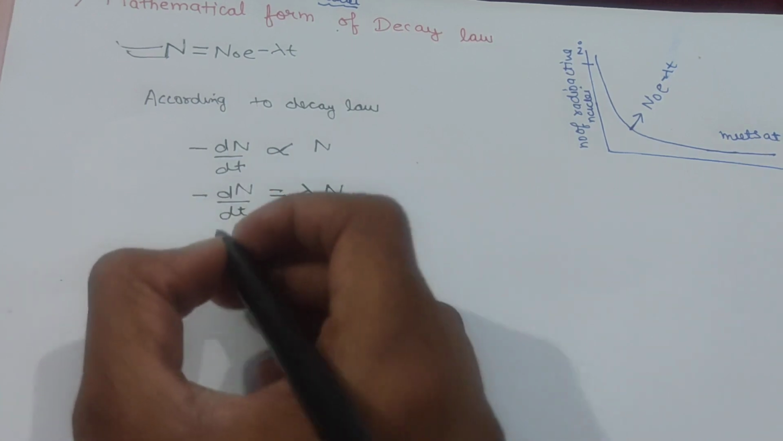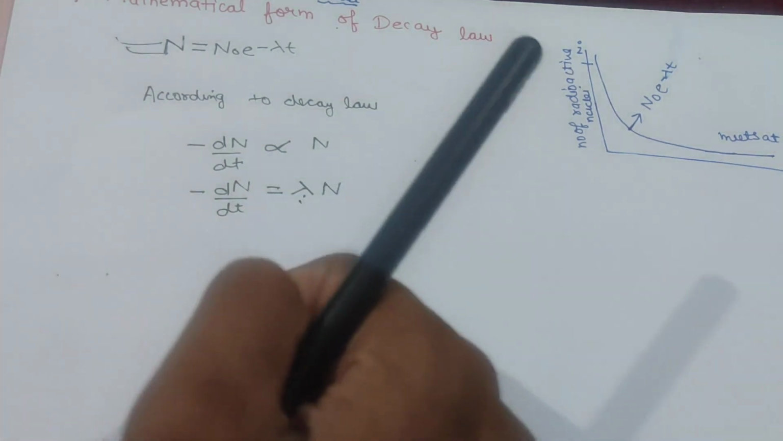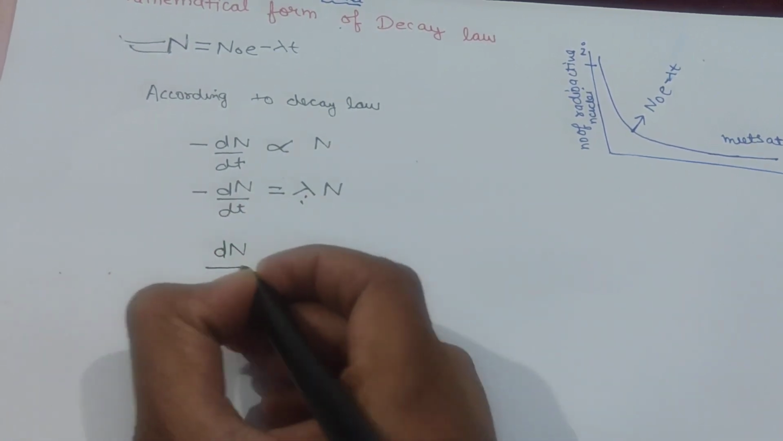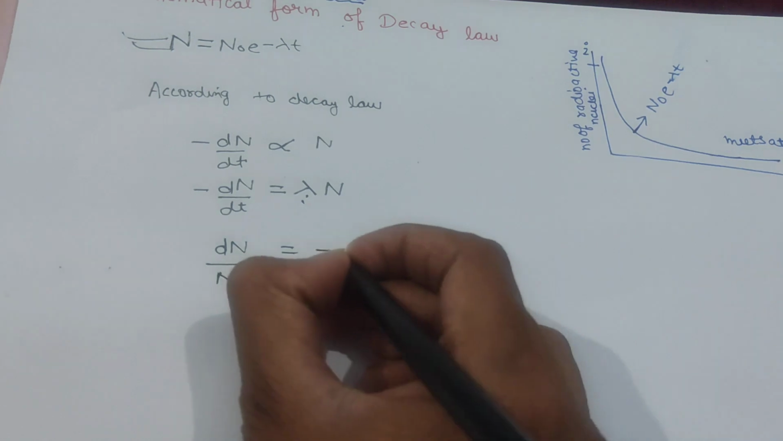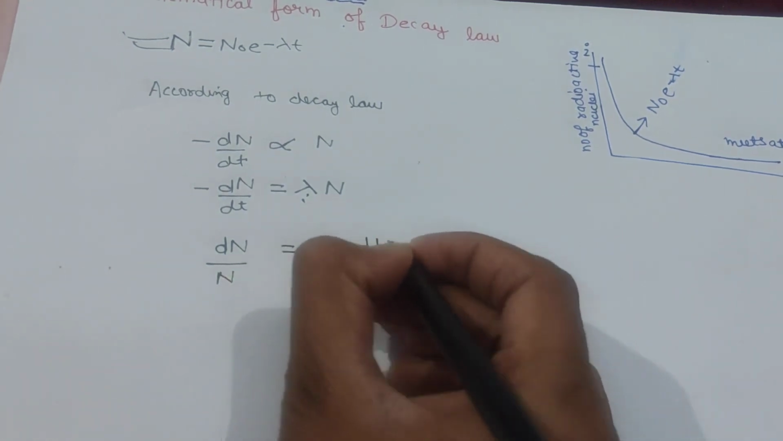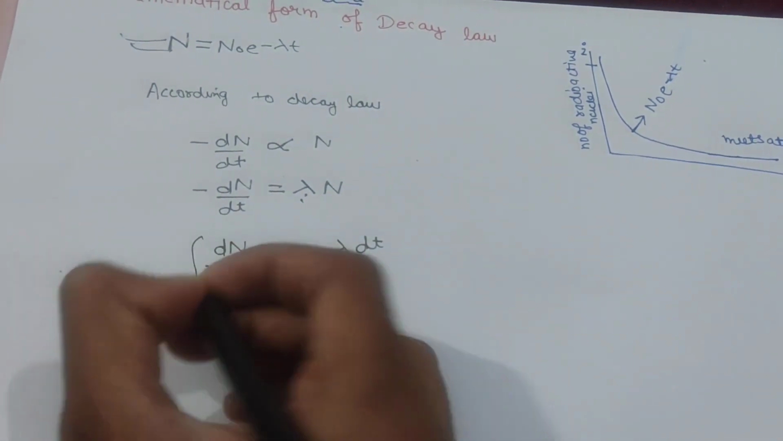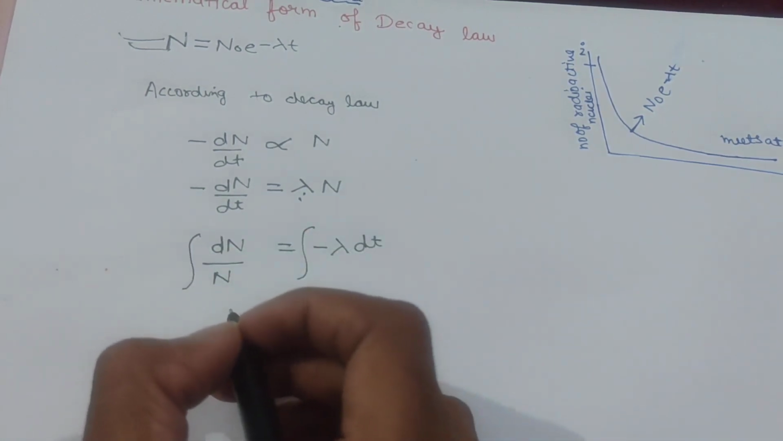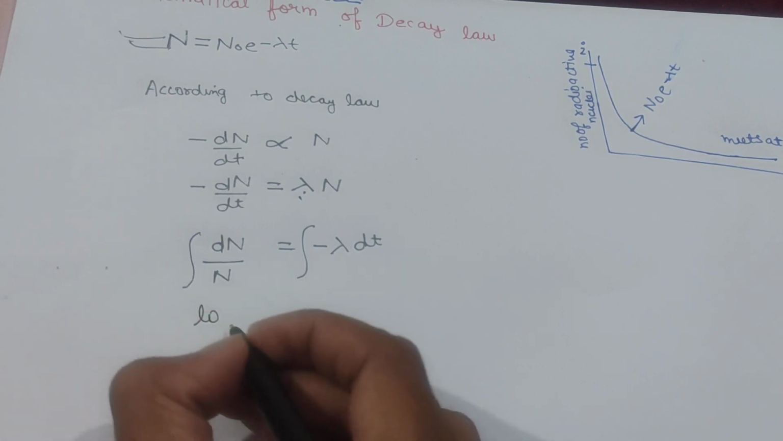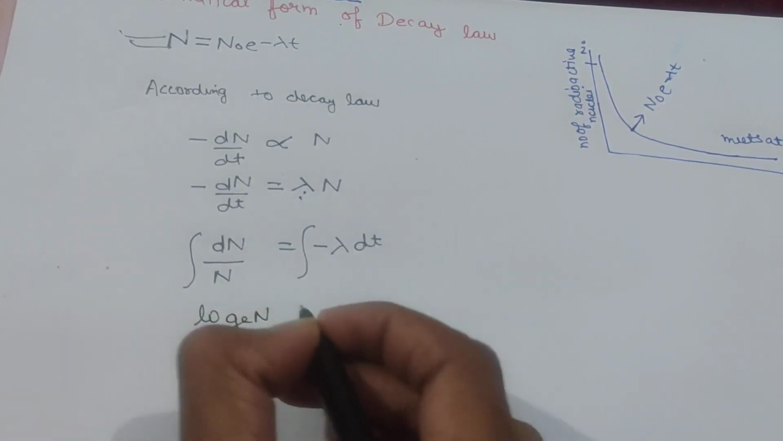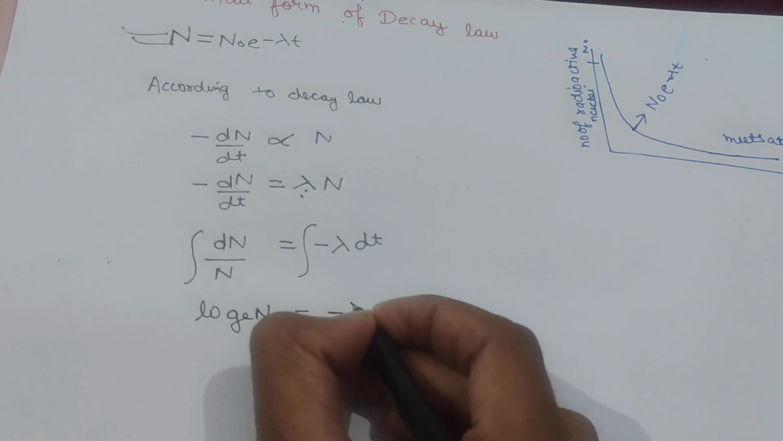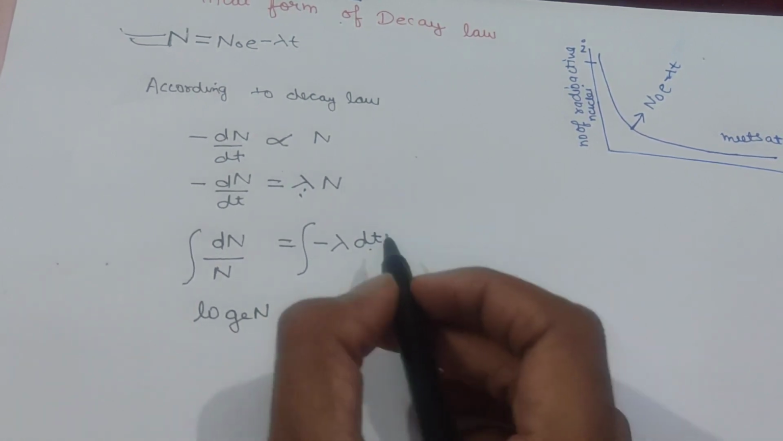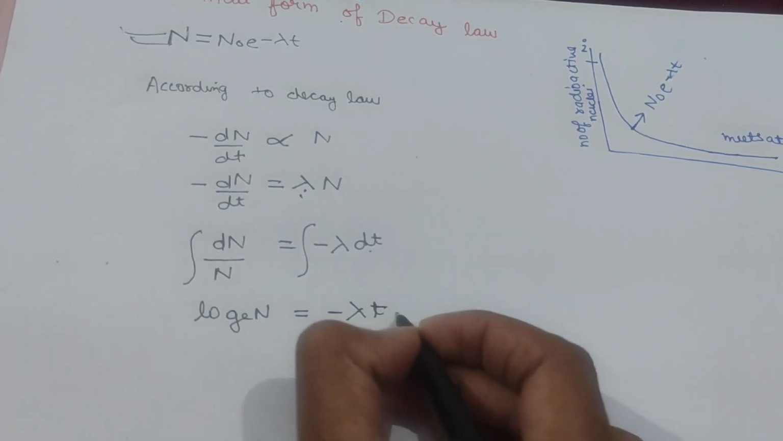Okay, now what we'll do, we'll do a simple integration. So dN by N is equal to minus lambda dt. Now we'll do the integration inside. Okay, after doing the integration, we'll be left with log e N equal to minus lambda, and the integration of dt is t, plus k